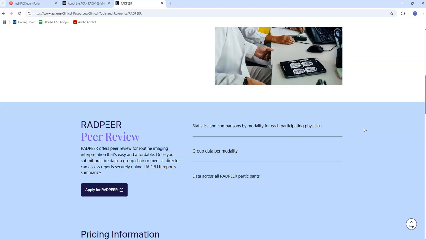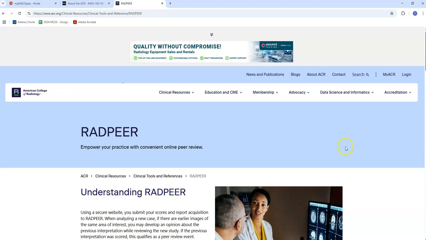Radiologists have to have peer reviews. The easiest, best, most wonderful place to have that done is the ACR, their peer review product called RadPeer, and somebody has to compile all those statistics and send those things off. Radiologists aren't going to do that. You're going to be doing that for them. So you'll be interacting with RadPeer.